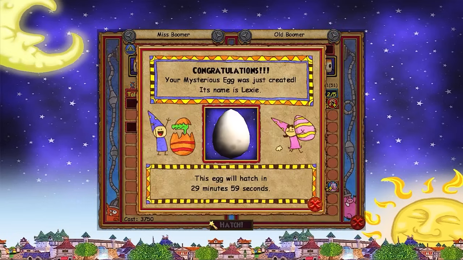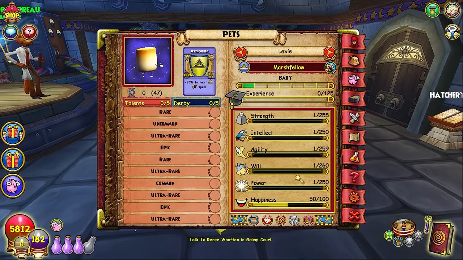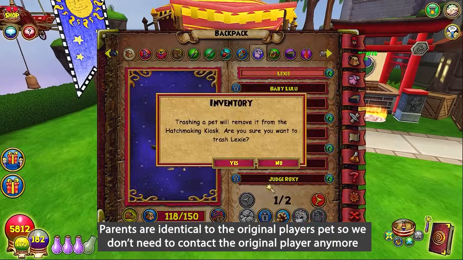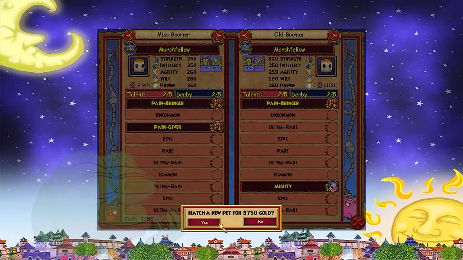You notice that I am self-hatching the parent pets in the pet hatchery. Since we got an exact duplicate of the kiosk pets, we don't need to hatch with kiosk anymore, we just hatch with ourselves. Overall, you can see that pet training is a very long process, but the method that I recommended is the cheapest